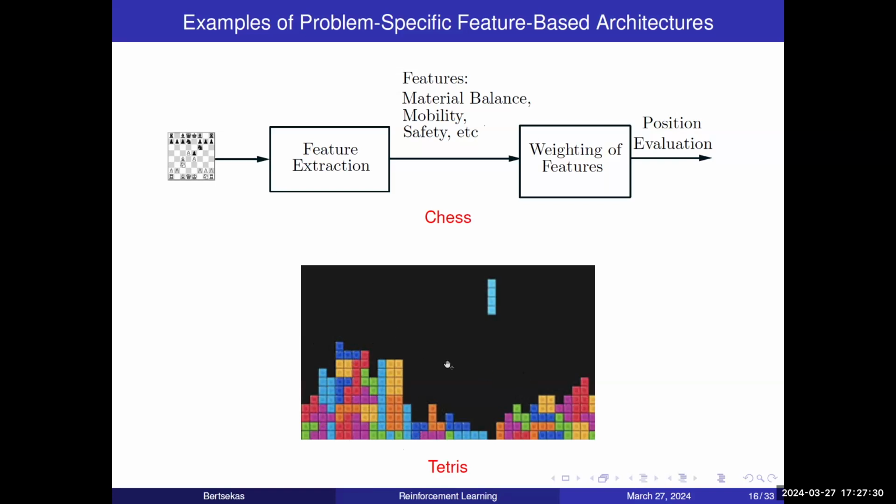Those are the typical features that indicate how good the situation is. Other features include the maximum height of the different rows, as well as the number of holes, because if there's a hole, then you don't have access to that particular position and you cannot remove that one. Those sets of features are widely used, and